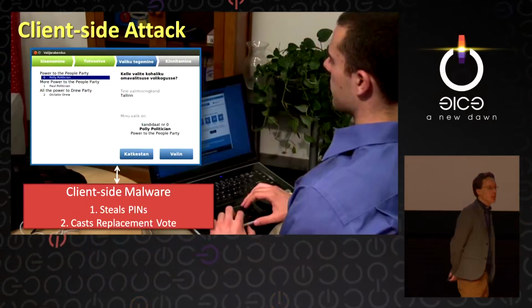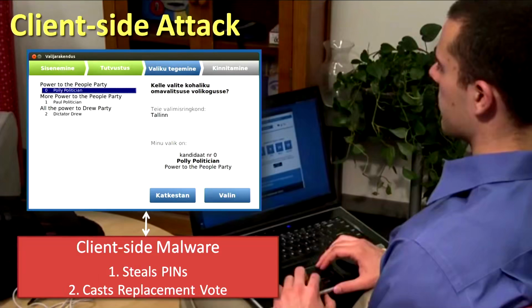The voter's client in Estonia potentially could be compromised by client-side malware. So here's a simple design for malware and something we actually implemented in the lab. To implement these attacks, by the way, we've reproduced the complete Estonian system in our laboratory using their server-side source code, their documented procedures, and by reverse engineering the client to change it to talk to our servers and use our keys instead of the official ones. So we set up a complete mock election in the lab, and we have VM images on our website if anyone wants to try playing with it in their lab.